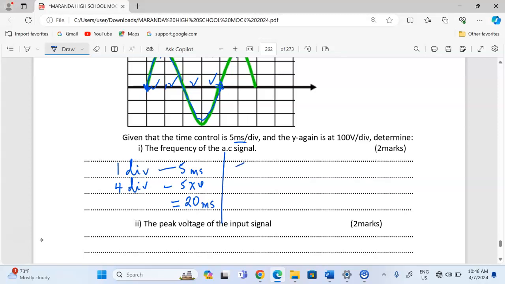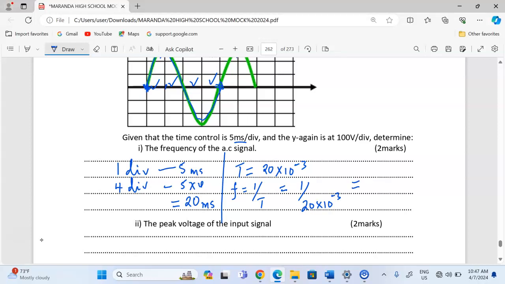So this is periodic time. Remember, periodic time is the time taken to cover a complete oscillation. So this time can be converted into seconds, the SI units, by dividing by 1,000. To divide by 1,000 can also mean to multiply by 10 to the power of -3. We know very well that from waves, the relationship between frequency and period time is that one is the reciprocal of the other. So now when we take the reciprocal,